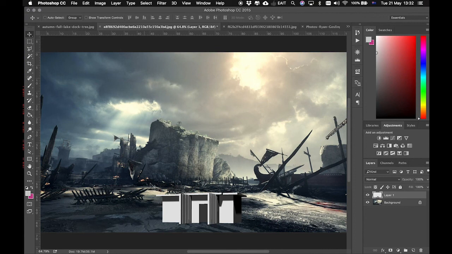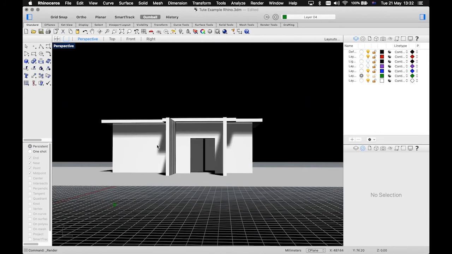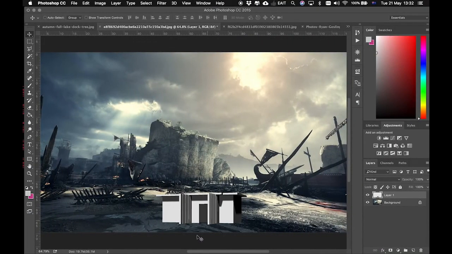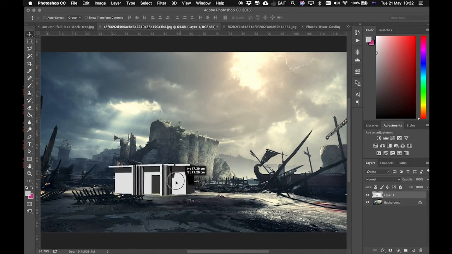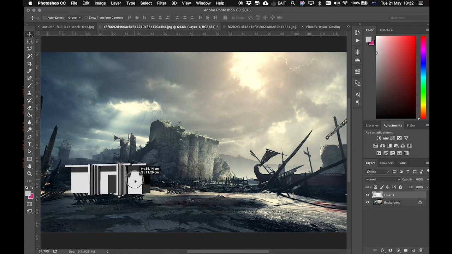So once you choose your background, then you can go back to Rhino and choose what kind of perspective you need in order to put it into your specific background. And in this case, it cannot be up there, so we can actually start putting it back there or something like that. And that will be the starting point to our modification and our